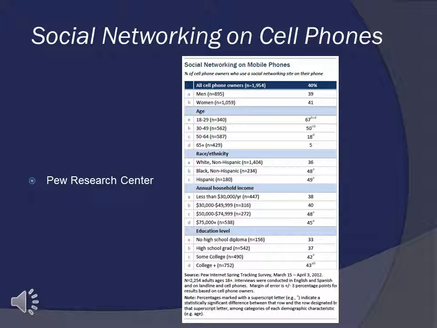So they've broken that down into the same kind of statistics that we saw earlier by men, women, age. Now they've added in race and ethnicity, and then of course your educational level and your annual household income for those people that are users. So it's a very interesting fact about cell phone use on social networking and social media sites and how people are using them. So I just wanted you to see some of the statistics that surround social networking and social media.